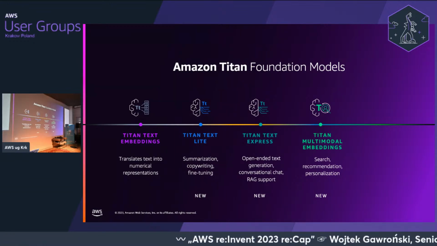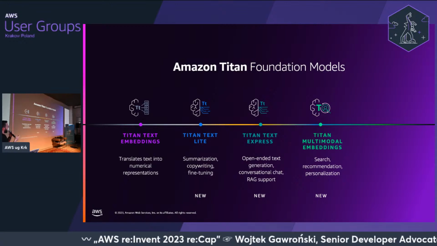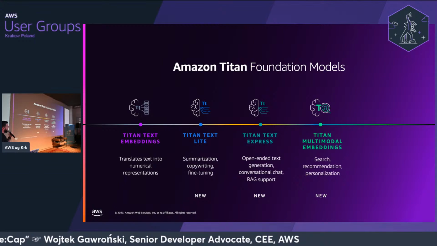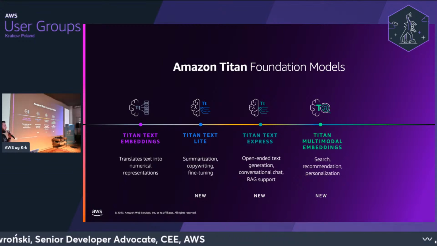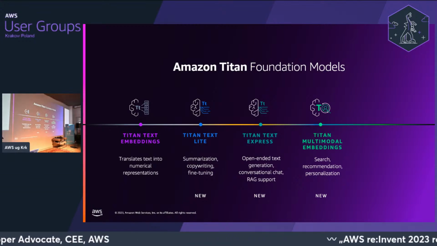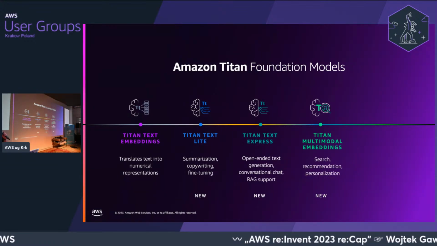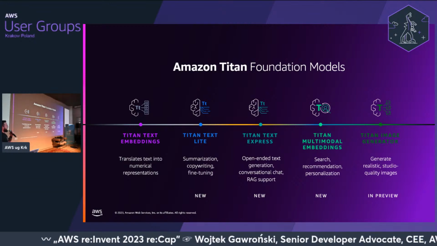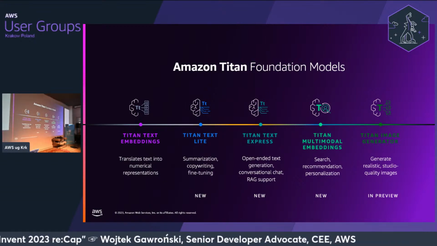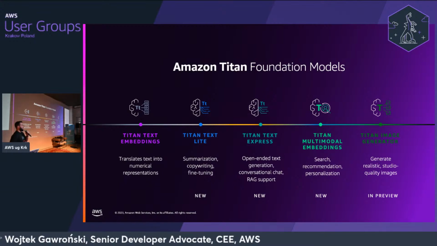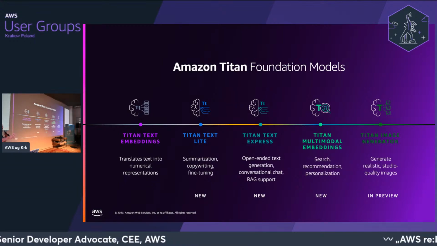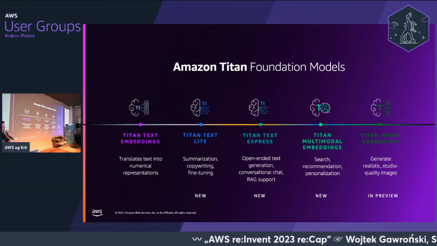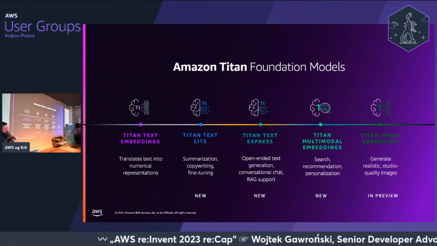So in this particular case, you don't only have text embeddings, but also embeddings between different modalities, like text, images, and so on. This is pretty helpful in things like similarity search or image search, and detecting those similarities from natural language towards different modalities. And last but not least, a preview of the Titan Image Generator model was announced. So this is a model that translates from natural language to image generation. And at the same time, it is available in preview, and we can actually demo this in a moment.